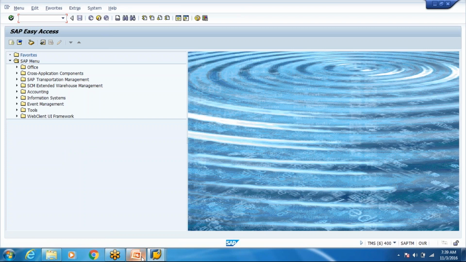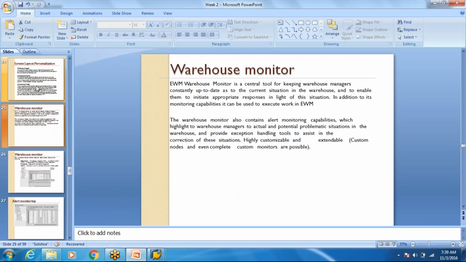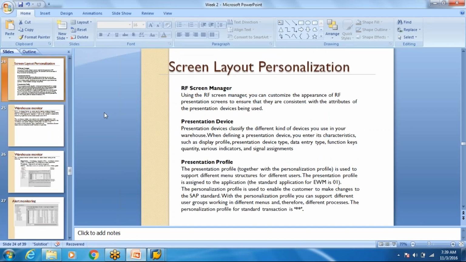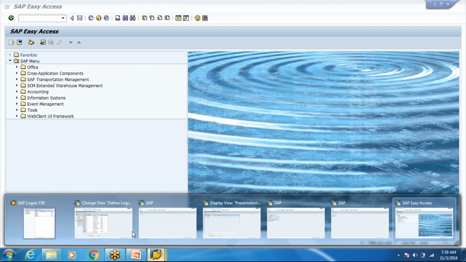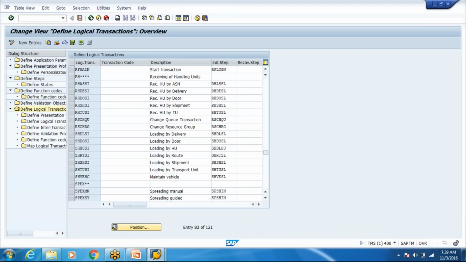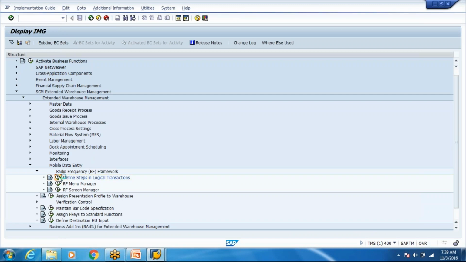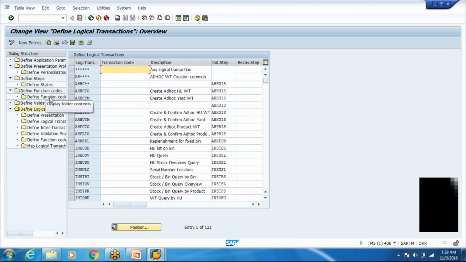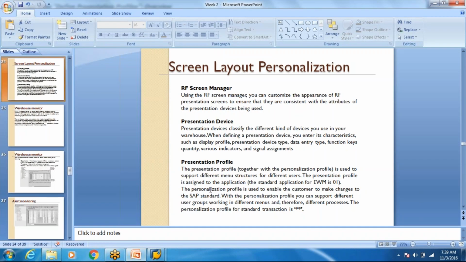So coming back to some more config related to these RF devices. One very simple, very basic config is there, which we can also do, for your menus. It's your presentation device we saw.